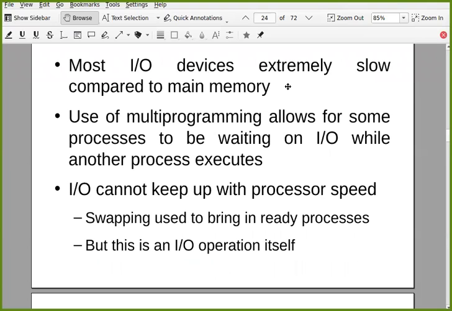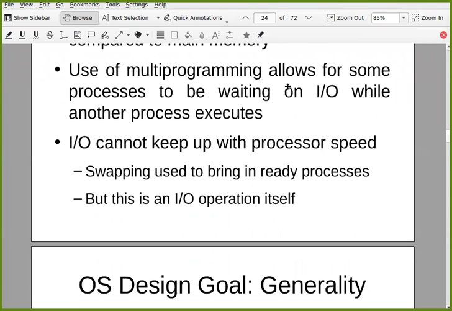IO cannot keep up with processor speed. As I told you, IO is extremely slow and processors are extremely fast. So what is required to be done? Sometimes you need to swap. Swapping is used to bring in ready processes. It is possible that all processes in your memory are blocked because they are doing one IO or another. So what will the processor do if all processes are blocked?